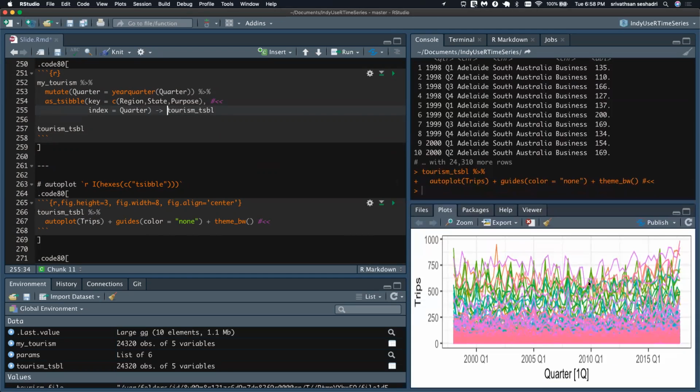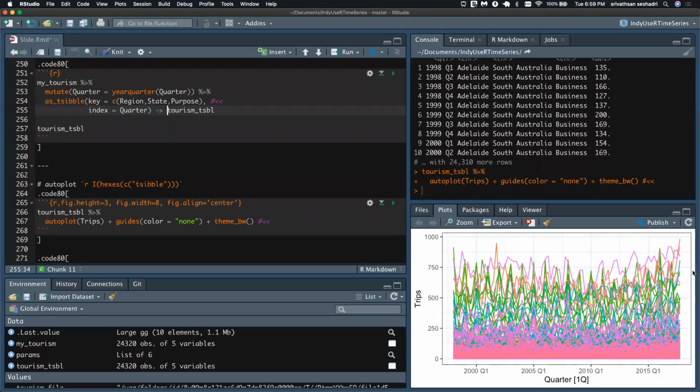Looks ugly, but it did it fast, right? And what I also did on purpose is turn off the legend, because it's going to take a while to populate the legend. And it looks like a ggplot, isn't it? So it has an autoplot feature that recognizes the input to that autoplot is a tsibble, and you're wanting to visualize the trips variable. So it plops in a plot with all the 304 time series.